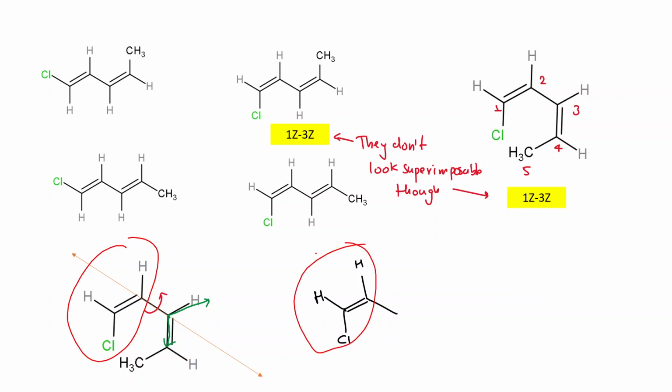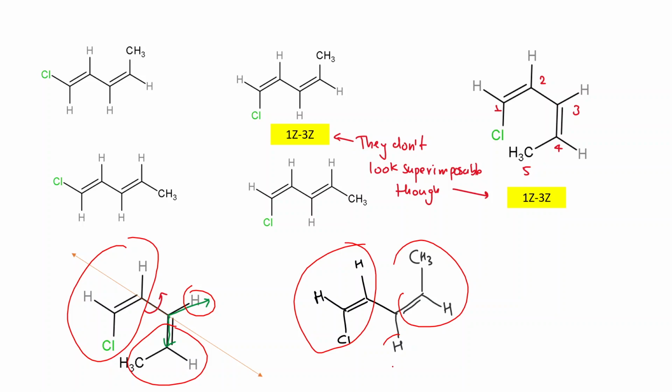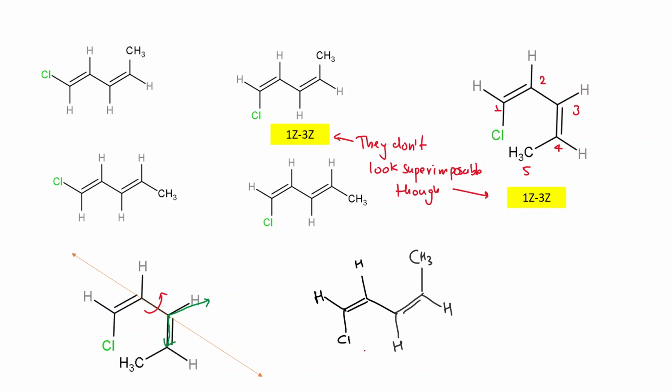And what happens now, this part, you can see it goes up here, and the edge here goes down here. And is it superimposable now? Yes. So that's interesting, because the geometry around the double bond is